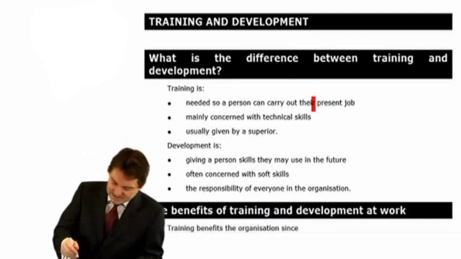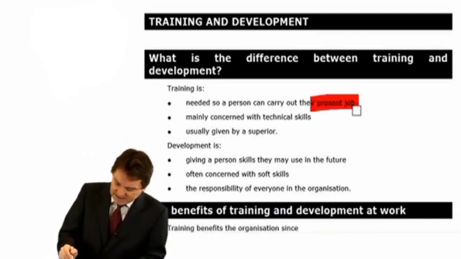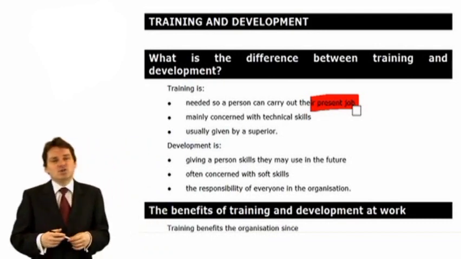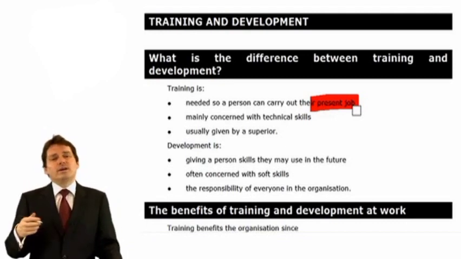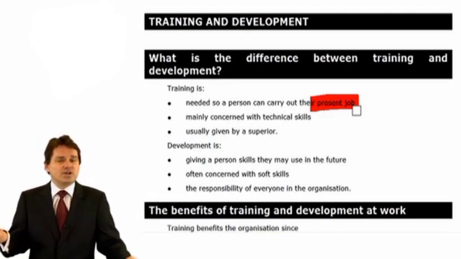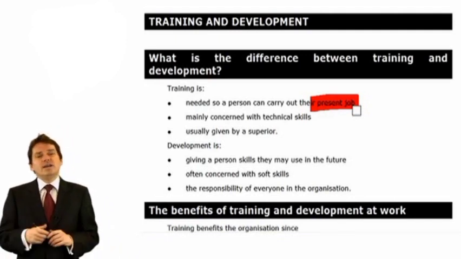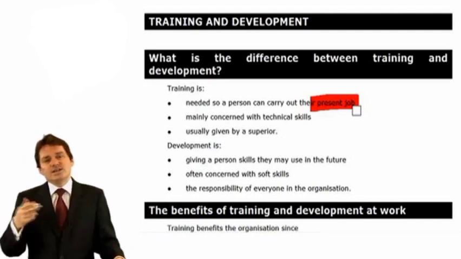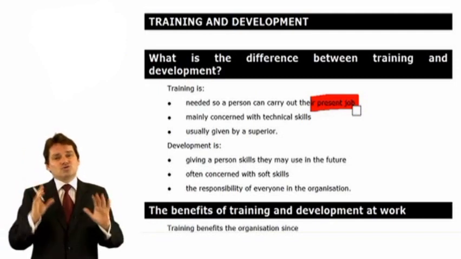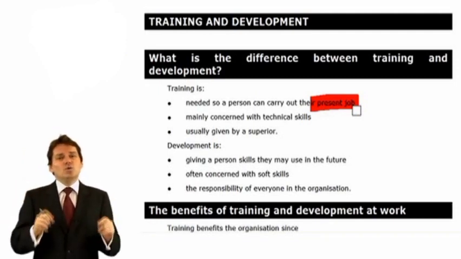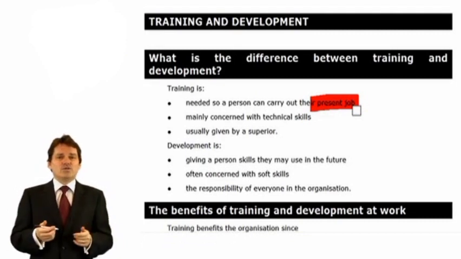For our purposes, most of the things that we say about training will also be true of development, but technically they are slightly different things. So training is basically something that you need to give somebody to carry out their present job. So you would train a worker, how do they operate a new computer system? If you've changed the computer system in work, you would train a worker, this is how we want you to carry out these particular tasks when they first join the department. So training is basically, you can't do your job without having gone through this.